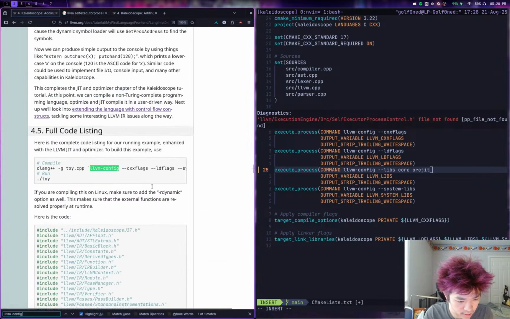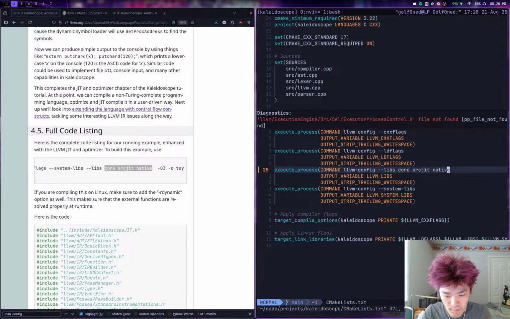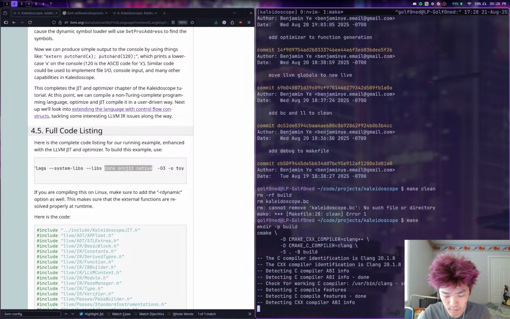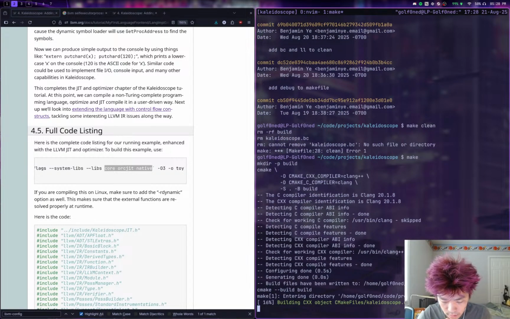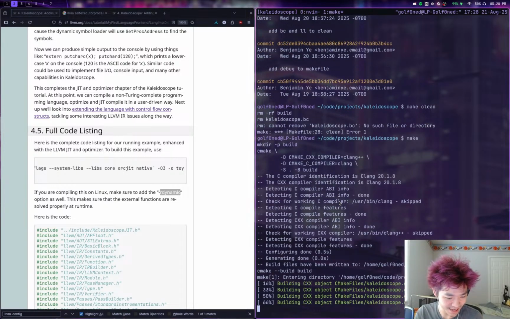LLVM config? Aha, there we go. I need that. All right, let's see if this links. Okay, R dynamic. I don't know where that lives, but